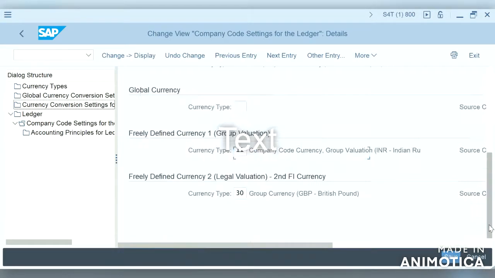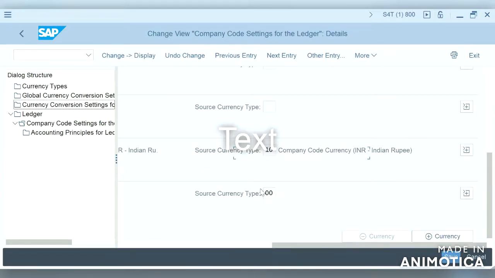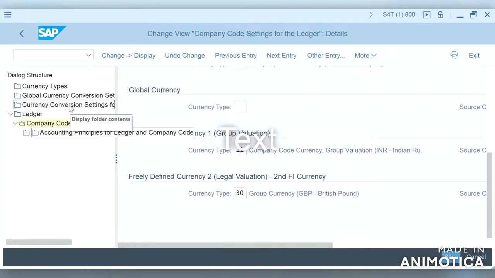So if we see here, before I was struggling that I was not able to see this document currency here. Then I figured it out when I was doing the currency conversion settings for company code.